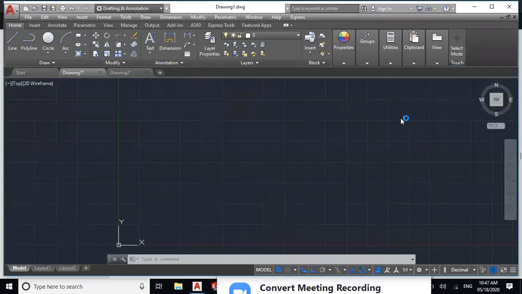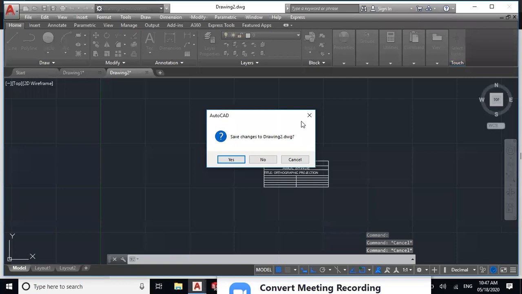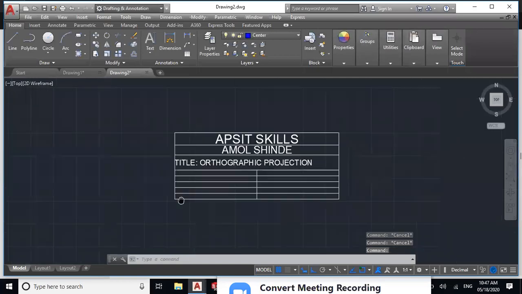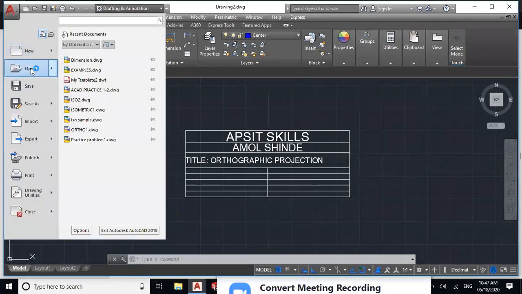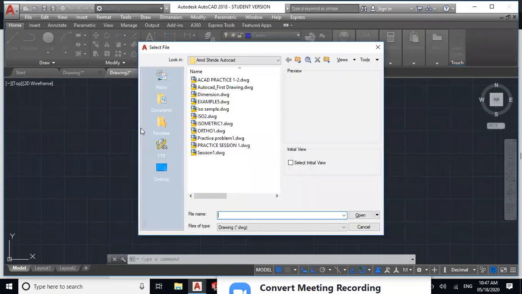Okay, so I will call some drawing which I have. Suppose I have this table with me, and I have to call another drawing which we have done already. So I will open file, and I have to call another drawing that we have saved already.